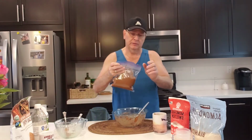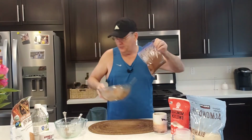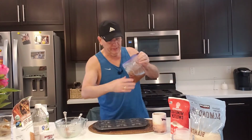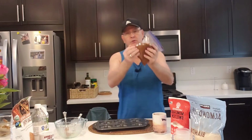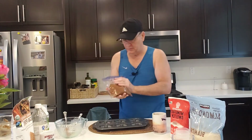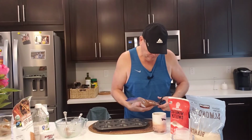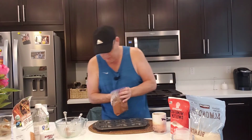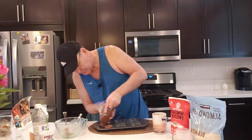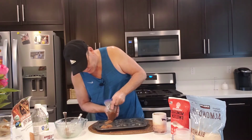All right, so that's all in here. I'm going to set this aside to make sure you can see. I'm waiting to have this with my coffee. I'm going to take the corner of this bag like this, and I'm going to cut it off. And then what I'm going to do is squeeze the mixture into the